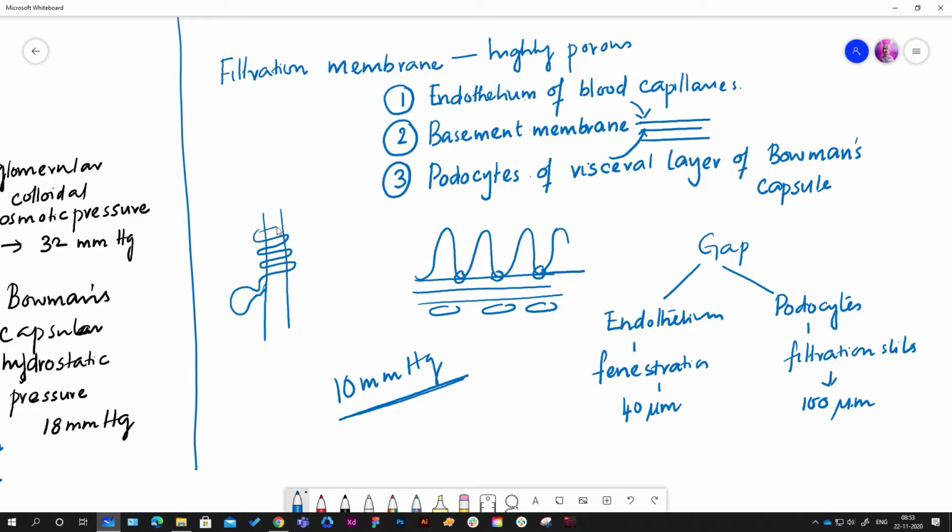This is a very rough diagram, just a simple diagram for you to understand. It is covering the blood capillary like this. This is the nucleus present here. From here there are pseudopodia like extensions, which are totally covering the blood capillary. This is the blood capillary which is covered. So now we have reached only till the primary filtrate.